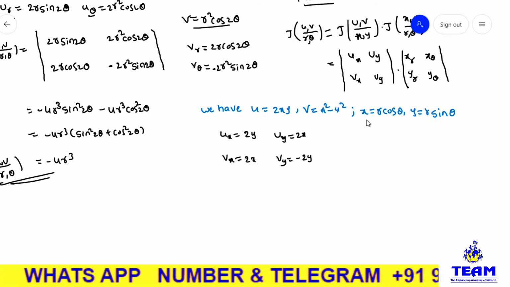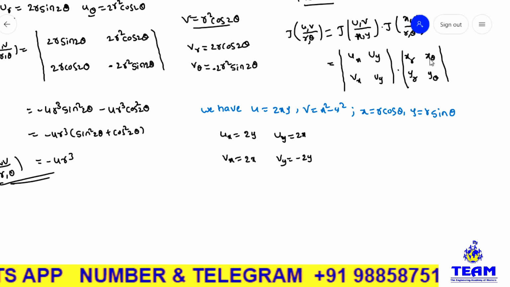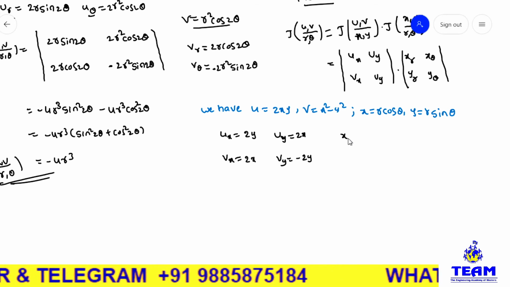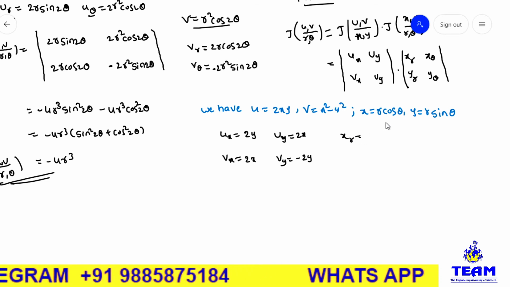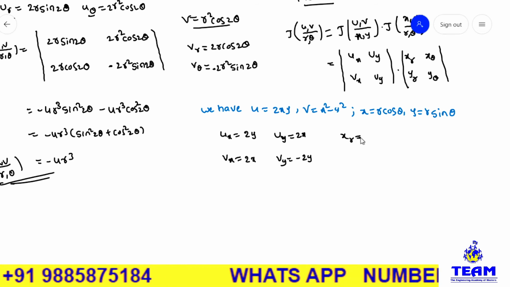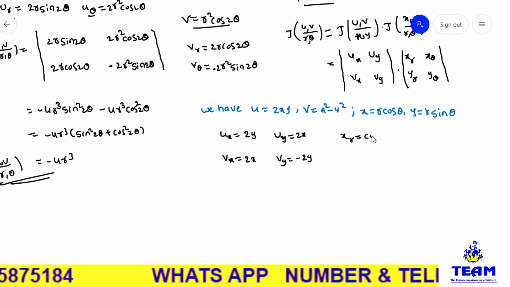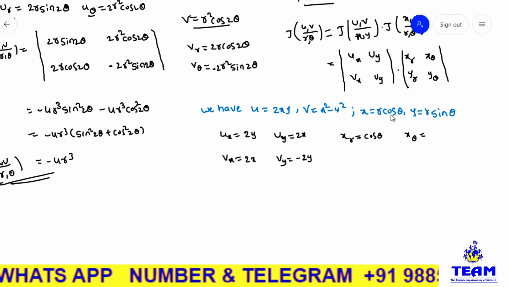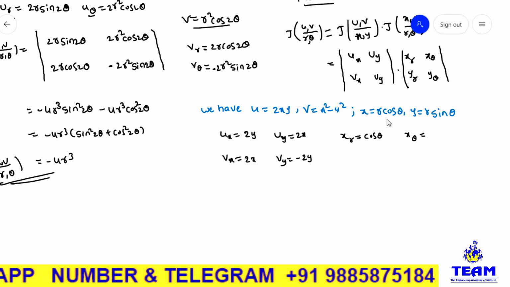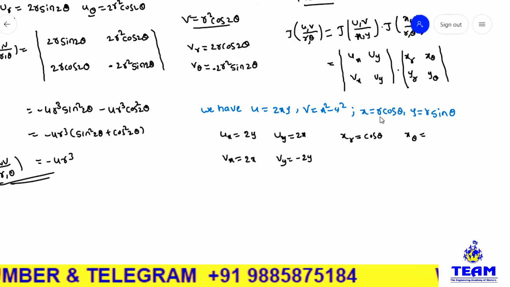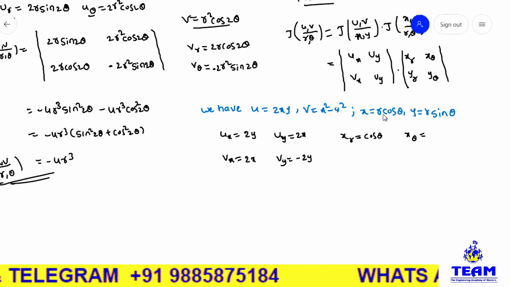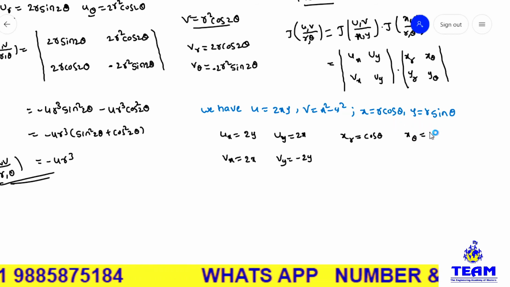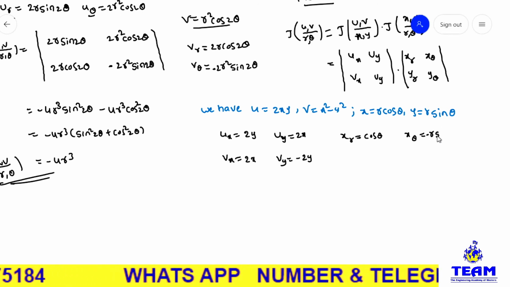Now I want to find x with respect to r, x with respect to theta, y with respect to r, y with respect to theta. Now dou x by dou r: here you have r and theta and only a single term, so the r derivative is 1 into cos theta. Next I want dou x by dou theta. R is a constant, and the derivative of cos theta is minus sin theta.